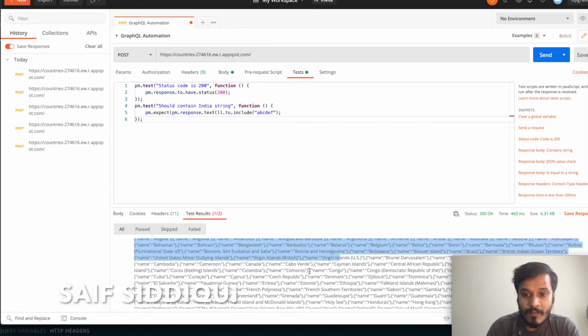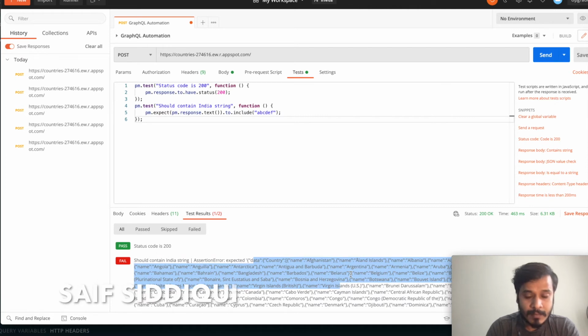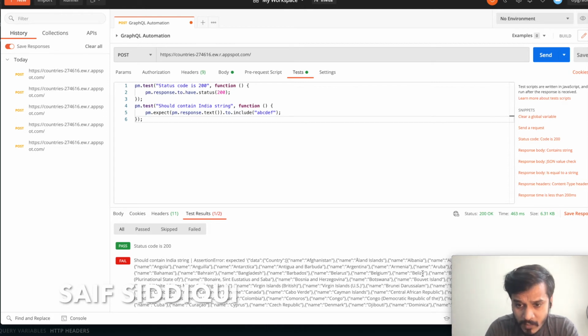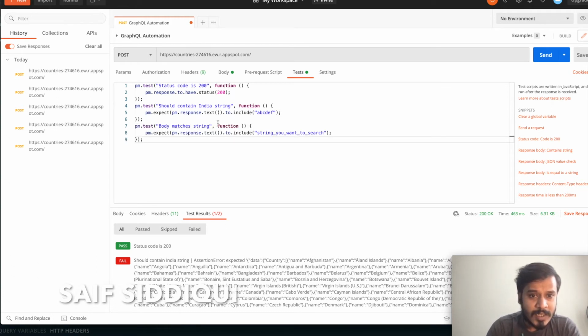Now if we want to check again whether any other country is also working fine or not, okay, let's do one thing. We can add a new test case. For adding a new test case, this is the same test case that I am writing, and I can write here